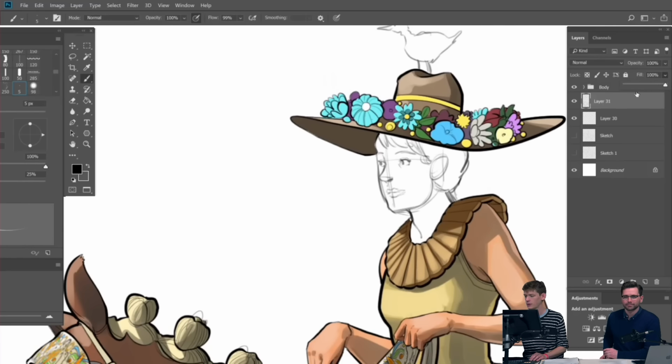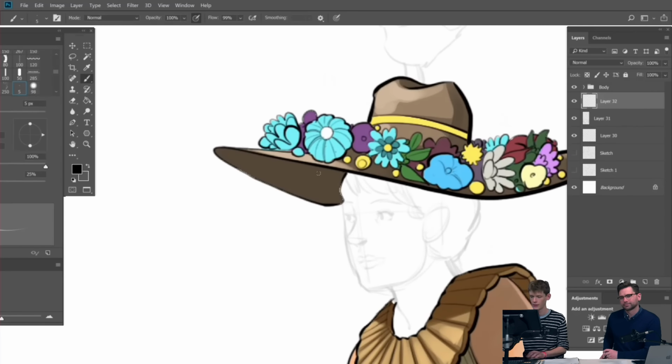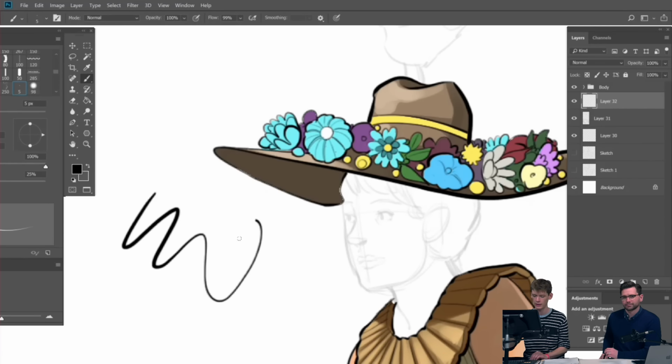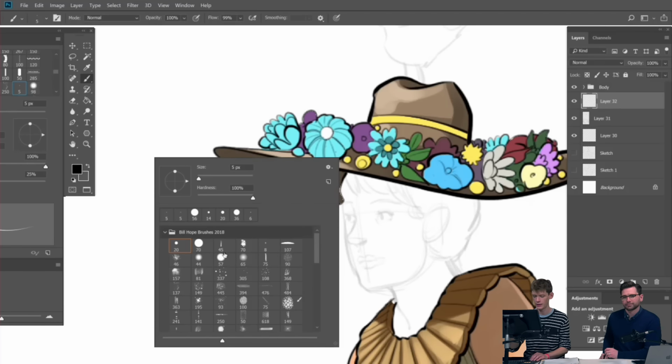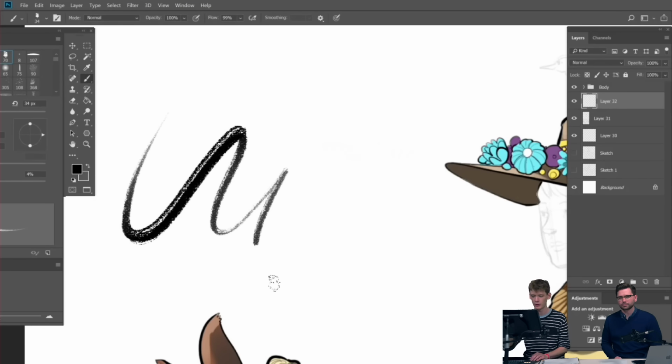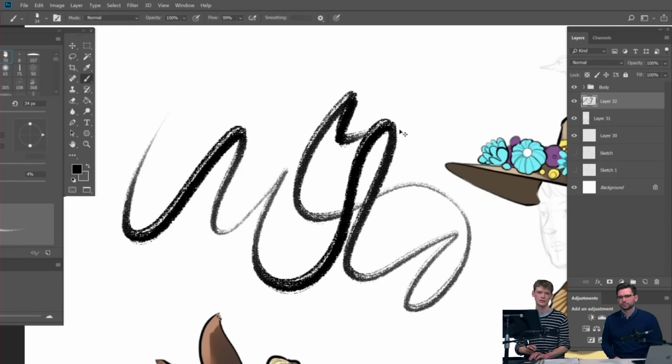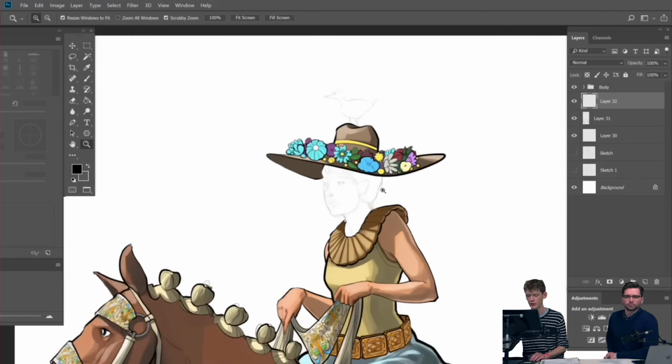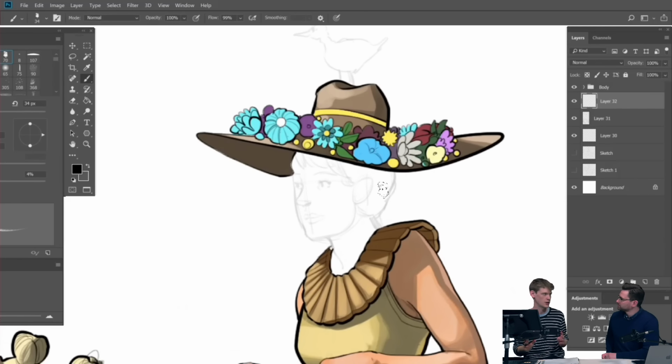So let's drop the opacity way back on that, and then make a new layer. Taking my brush, I'm going to use a full standard black line. When I'm doing other pictures that are maybe smaller compositions, I do like to play around with more detailed brushes. So in Photoshop, we've got all of these beautiful, nice textured brushes. But with something like this, where it's more about the composition, I'm just going to use a standard brush, because it's going to be looked at from such a long distance. You want the composition, the elements to be the focus themselves, as opposed to the beautiful texture of the line.